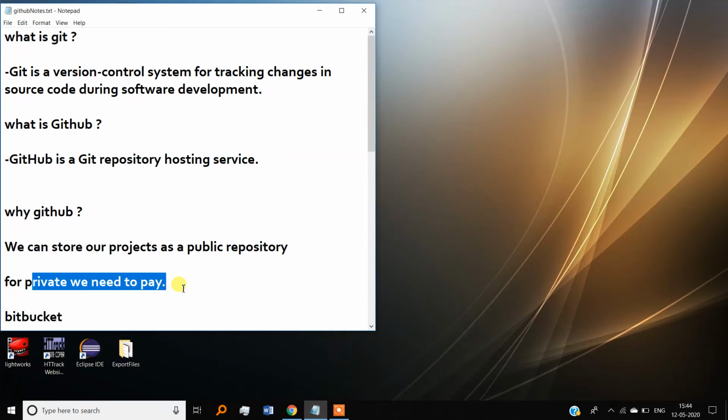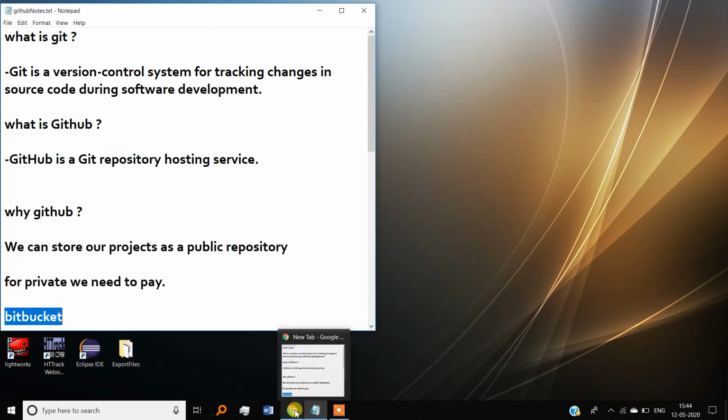So is there any other option to upload or store our projects online without paying? Yes, there is an option, Bitbucket. It's similar to GitHub, but they provide private repositories for free, but then public ones you have to pay for.